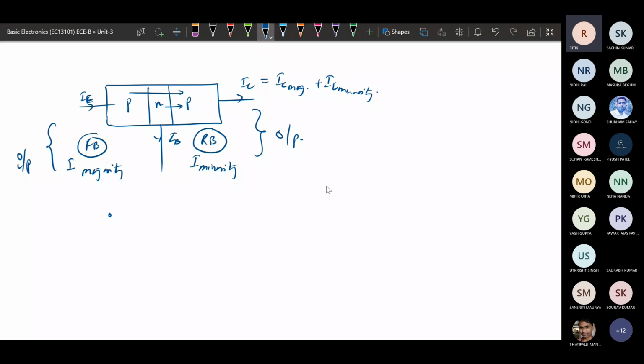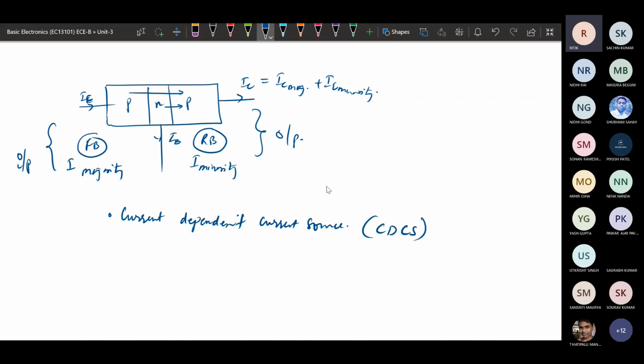So this BJT is considered a current dependent current source. We can write that BJT is going to work as a current source.